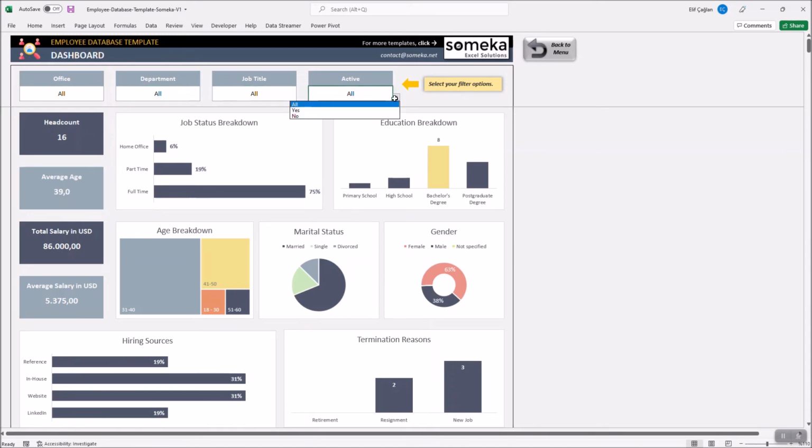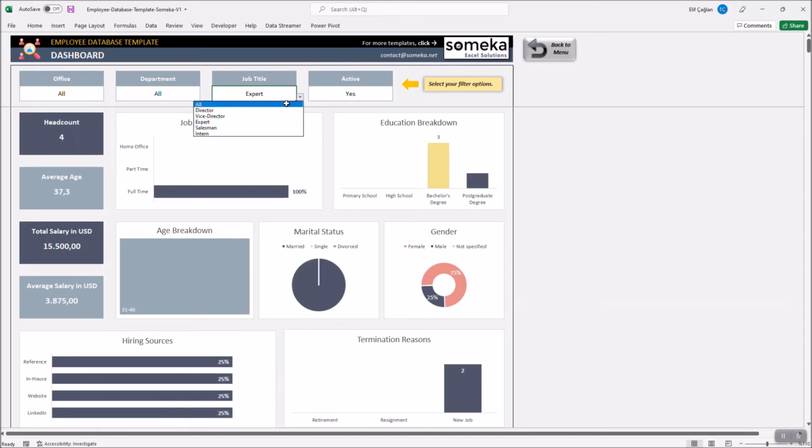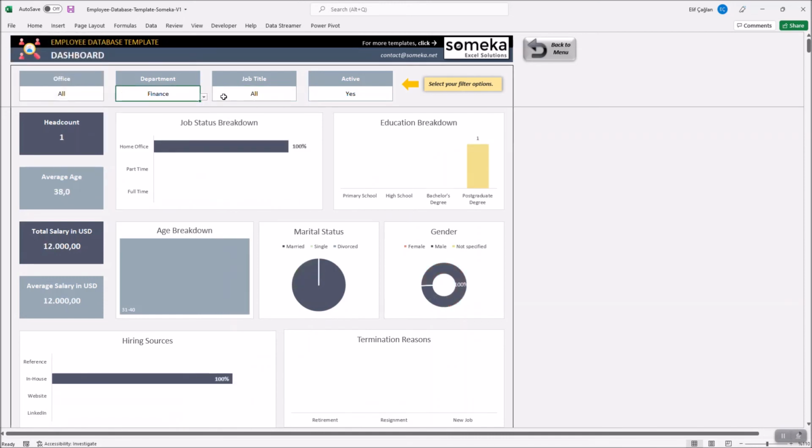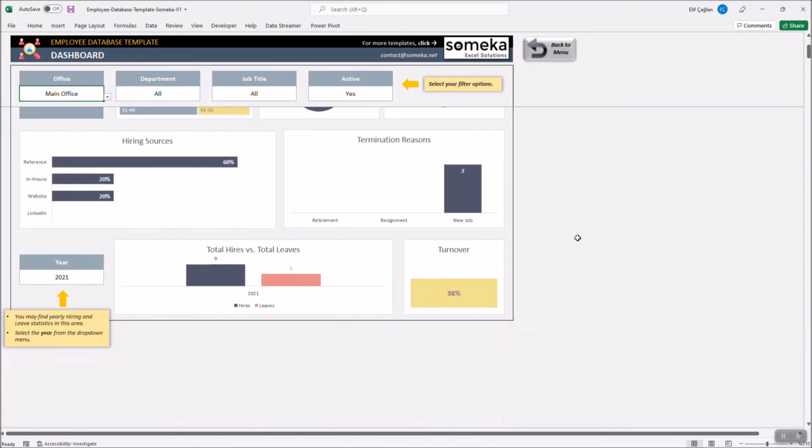With the help of these filters, you may just narrow your analysis. Besides, you may track your hiring and leaving metrics with a year filter just at the bottom of your dashboard. That's all.